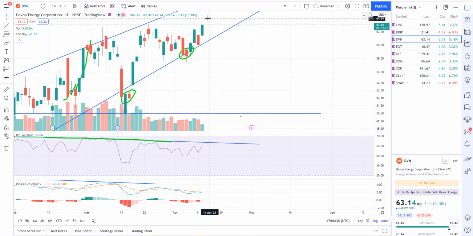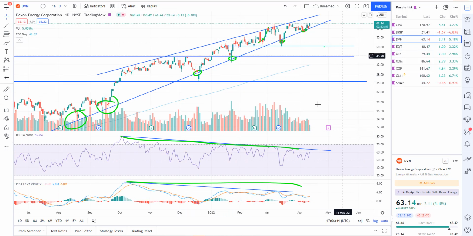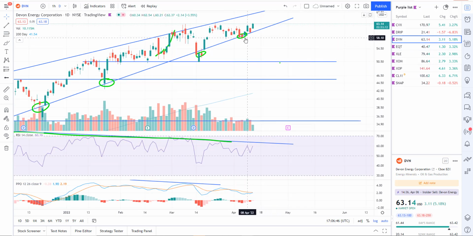And like DVN, something I'm looking to short, but again, we've never had a sell signal. So there's no reason to short it. I know there's a couple people that said they were shorting it. They kind of jumped the gun. I just don't do that. For the most part, I wait for the sell signal. That's part of the discipline you have to have, waiting for the sell signal, because we don't know how long this can run to the upside.